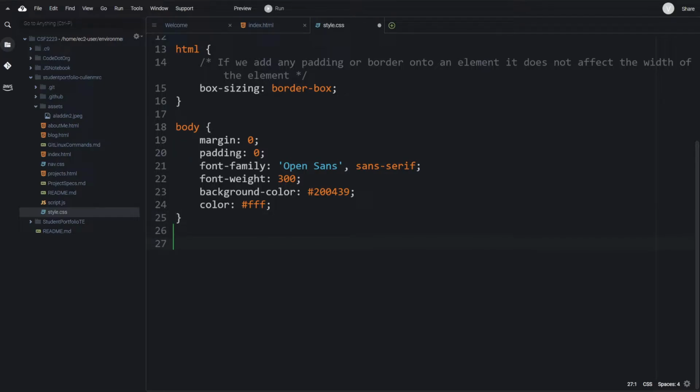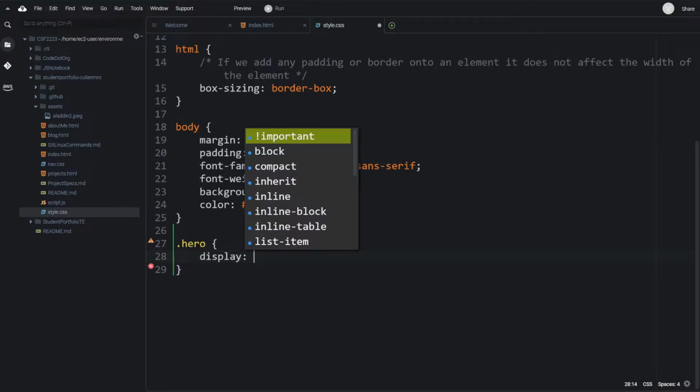Remember, a class begins with a dot, whereas an element is just the HTML element here, and then we're going to hit paste. So dot hero, and our next is we want to display this as flex,